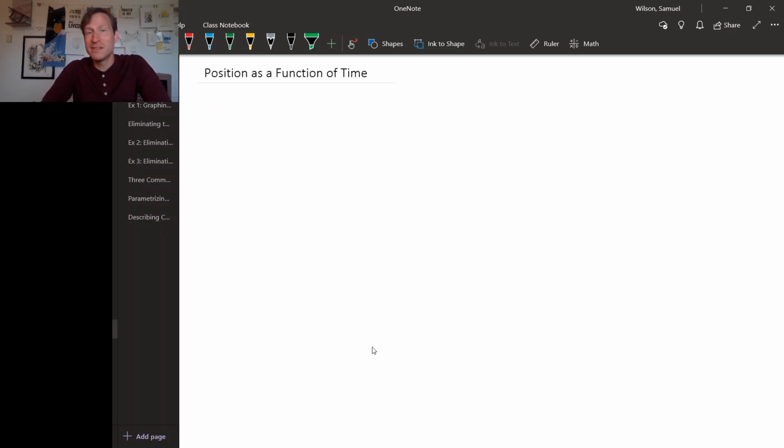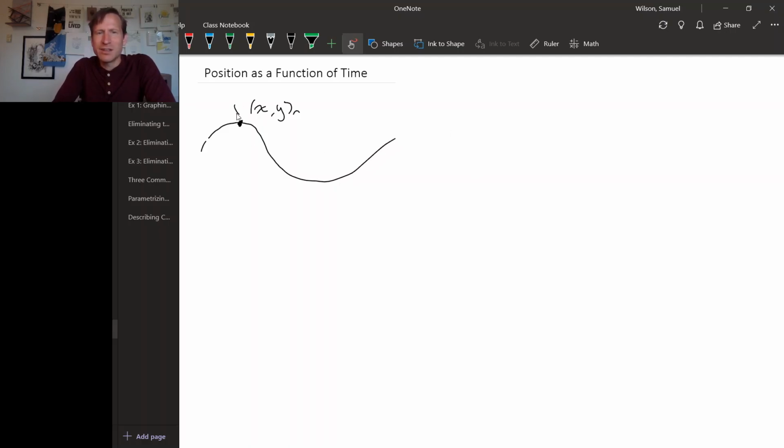We often use a point in the plane to describe the position of an object. And you can use some coordinate system to describe the position of the object. So if you're using rectangular coordinates, it might look like this, x comma y in rectangular coordinates. But if the position of this object changes, so if this object is moving around, then this is the location